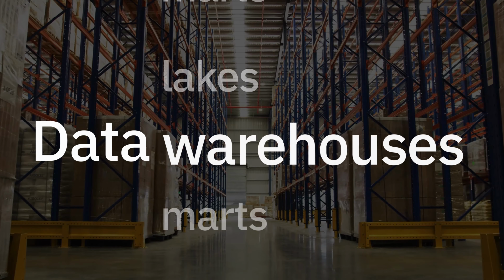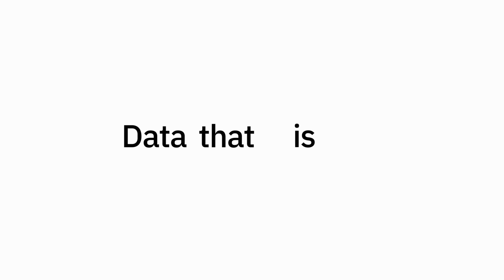Now, a data warehouse is your organized center for the data you really need. It's a place where the data we need is collected, it's neatly organized and prepared for analysis. It's data that is ready for work. This removes all the clutter of data that is just noise for us and prevents data redundancy. I mean, it prevents having more than one copy of a piece of data. So for instance, we choose a bunch of the pencils that we need and we prepare the data. So for instance, I'm going to pick these pencils. Remember, these are representing data, and we prepare them for analysis. It's like sharpening pencils so that they're ready to work.